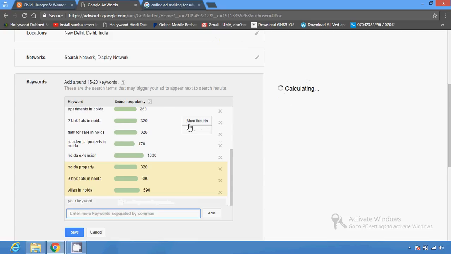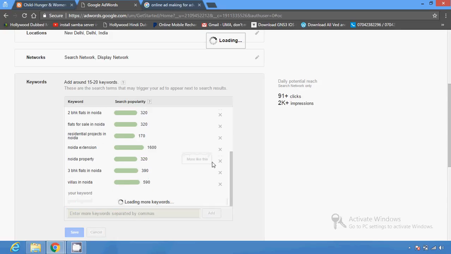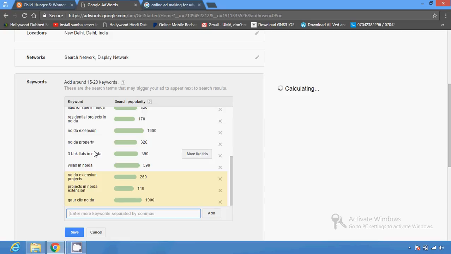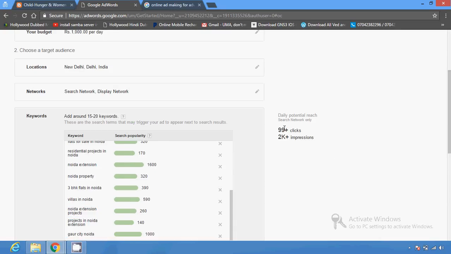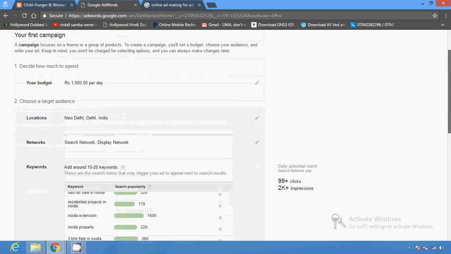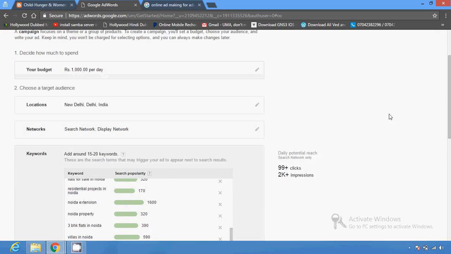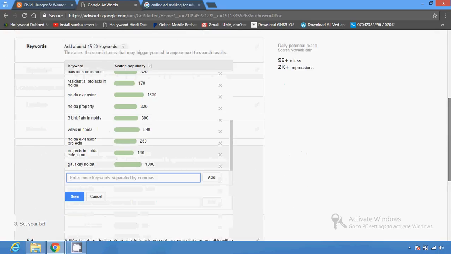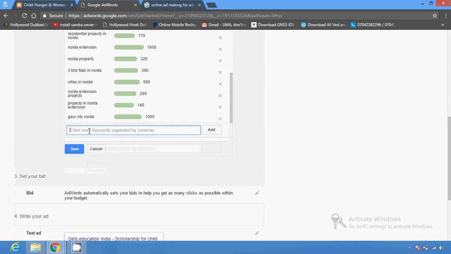After adding all the keywords, you can see here it gives me 91 plus clicks. So it will give me more and more. These are the keywords which people usually enter in Google search, and you can see here I can use it and get 100 plus clicks per day on this budget on 2000 plus impressions. So if I'm going to save here,